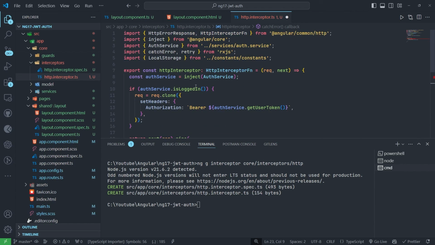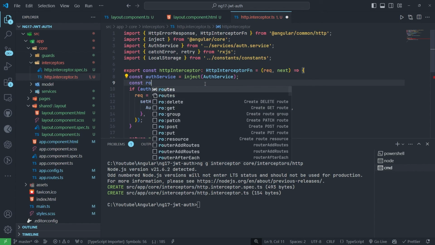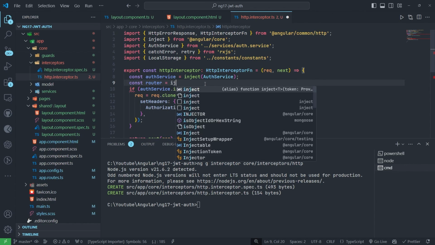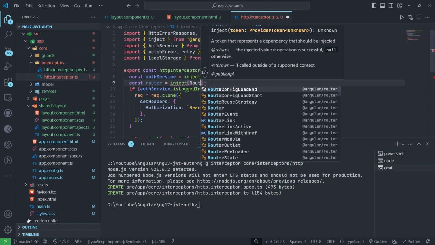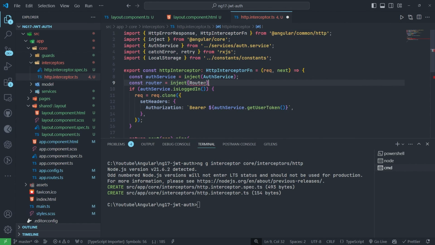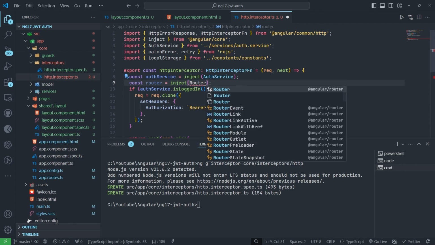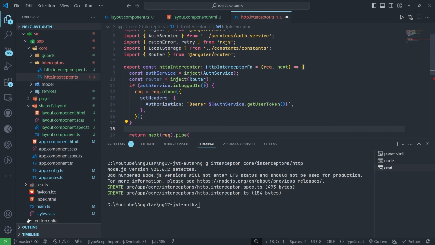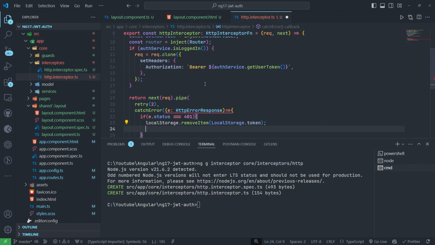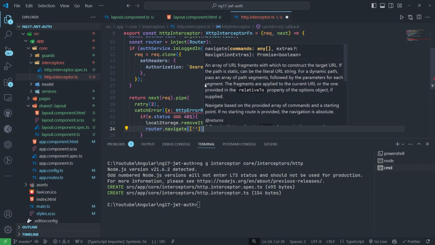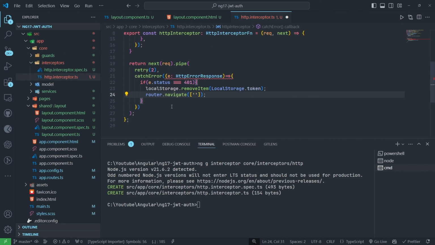And let me inject the router also. Okay, import, and here router dot navigate, this I will add. Okay,